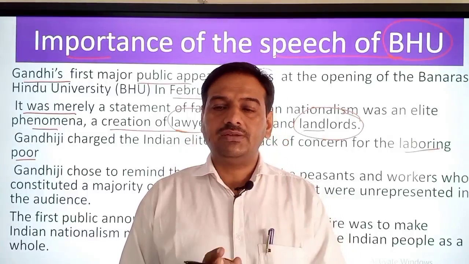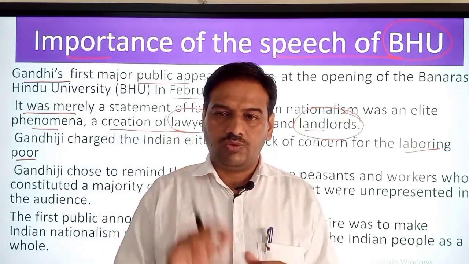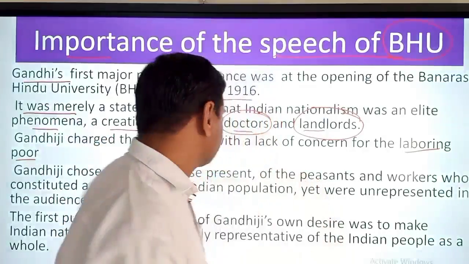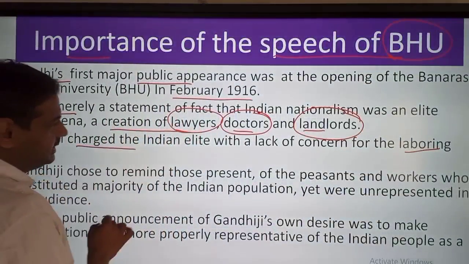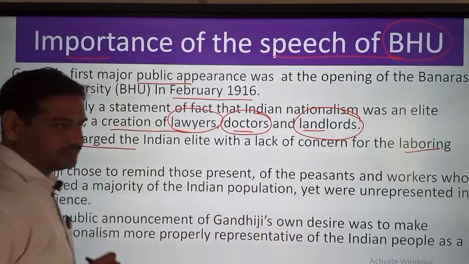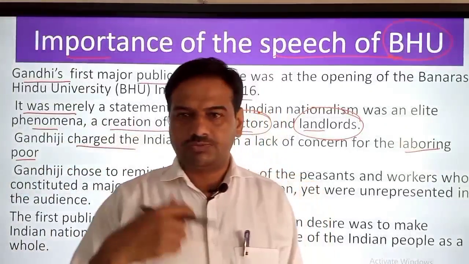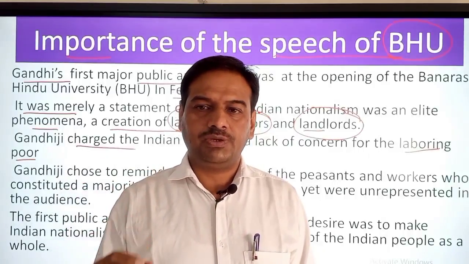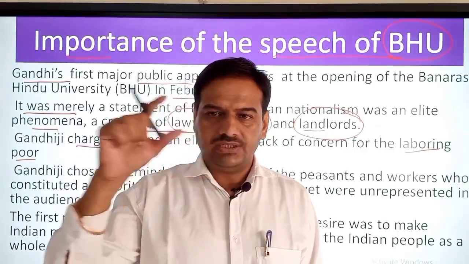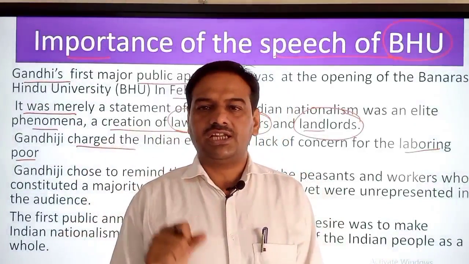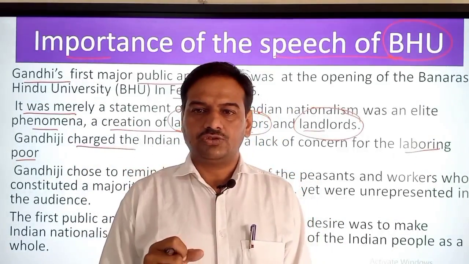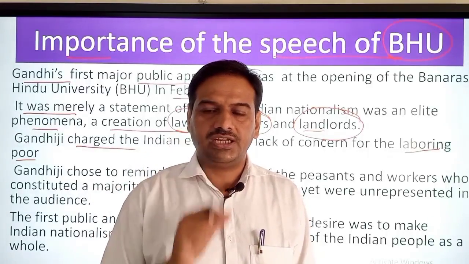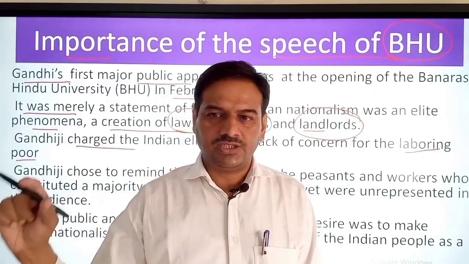How did he become a popular leader? Because he was asked to give a speech. So what kind of speech did he give there that attached him to the general public? Gandhiji charged the Indian elite with a lack of concern for the laboring poor. So when Mahatma Gandhi's turn came to speak from the stage, he saw that on the stage there were mainly rich class people, aristocratic people, and the gathering also included rich class, elite class people. So there was hardly anybody from the lower class, from the peasant class. So the poor people were totally absent from